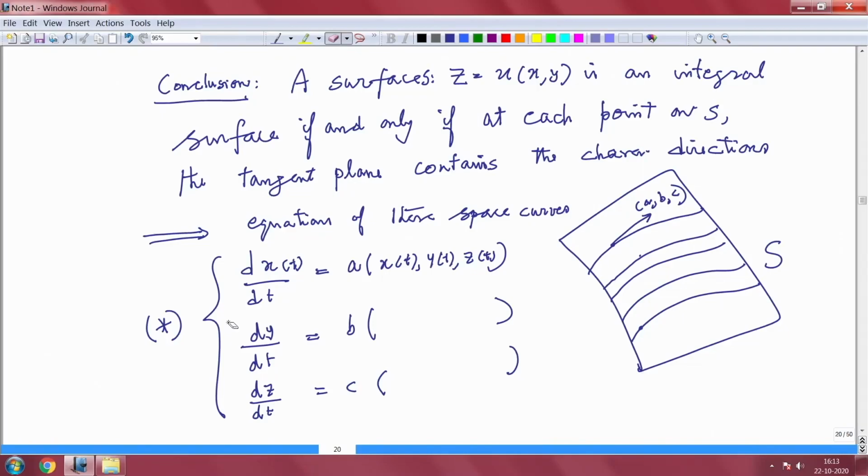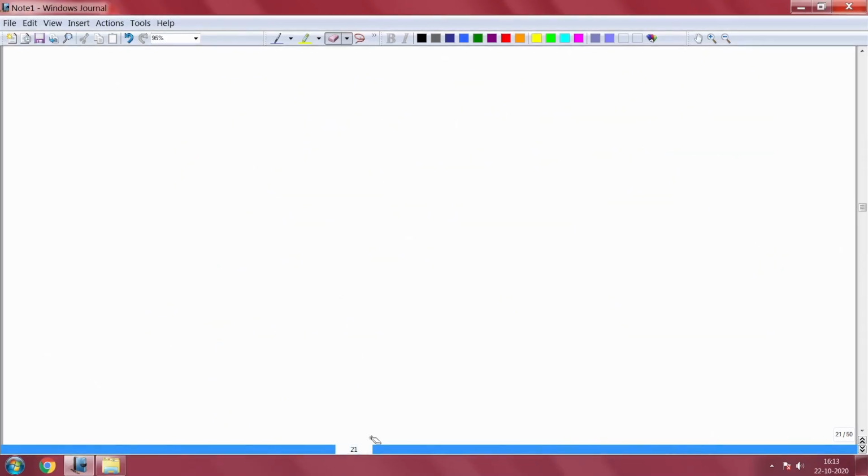So, we were discussing the quasi-linear equations, and then we have introduced what are called the characteristic curves. I have this system, dx/dt equal to a, dy/dt equal to b and dz/dt equal to c. I call it star. Basically you look at any point x naught, y naught, z naught in R3. So, you have a point here and then solve